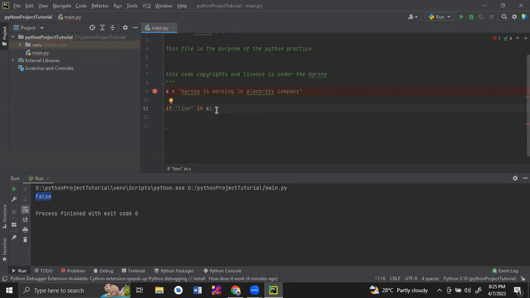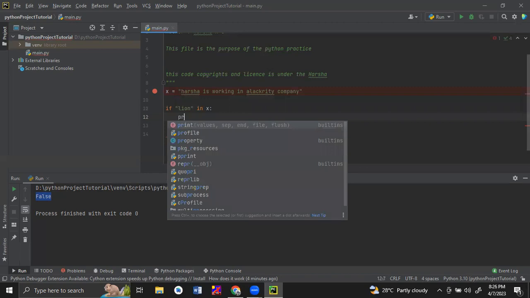In other programming languages, we use an open flower bracket and a close flower bracket so that if the condition is true, only that set of code will execute. In the same way, we use indentation in Python. This much space should be given, and then whatever lines I give here,